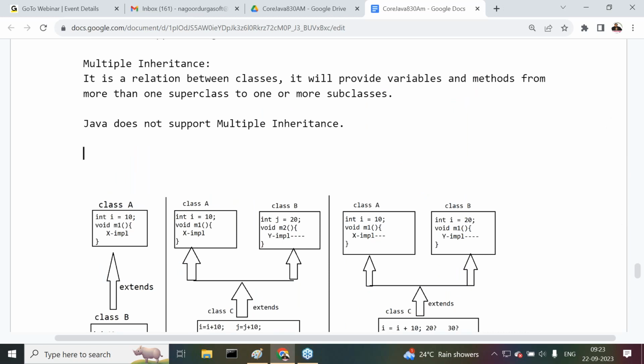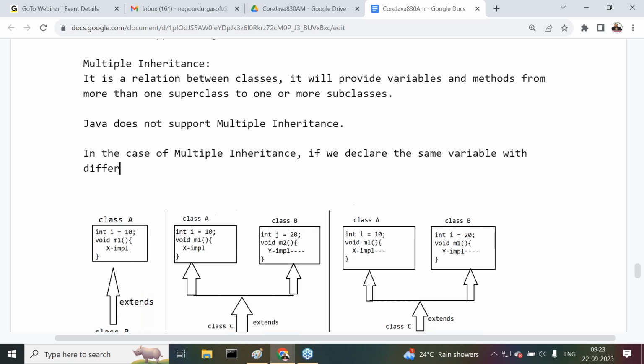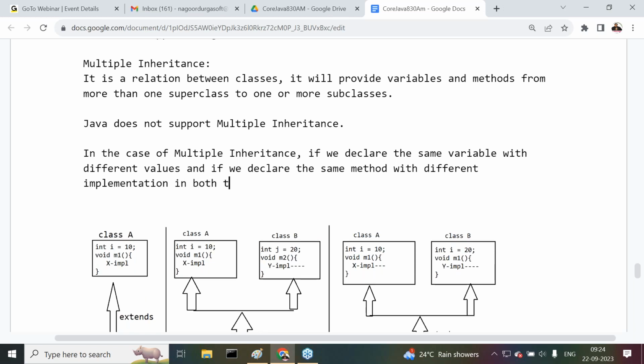Right. Now the point is, in the case of multiple inheritance, if we declare the same variable with different values, and if we declare the same method with a different implementation in both the superclasses, and if we access